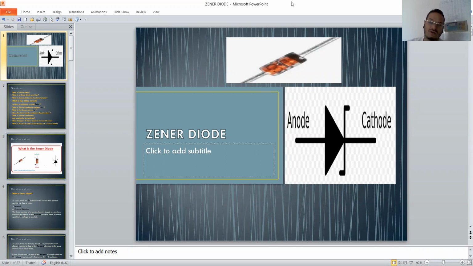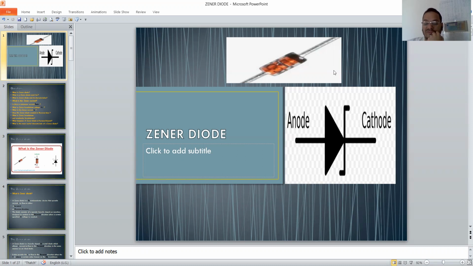Today we will discuss together what the Zener diode means, and we will try to answer many questions related to this topic, like what is the Zener diode, how we can benefit from it, if it has some features we can benefit from by using it, why we are using it, what the famous topics are where we can put it and try to benefit from these features, and what the breakdown voltage is and how we can calculate the current